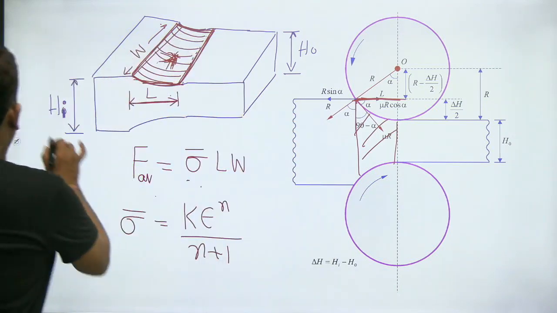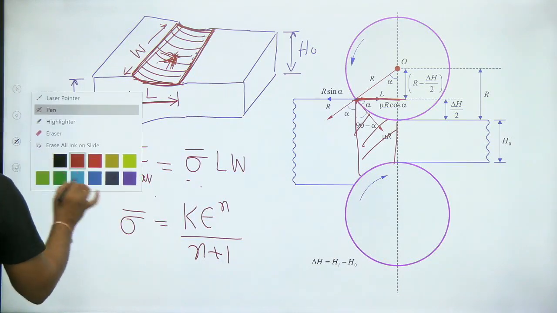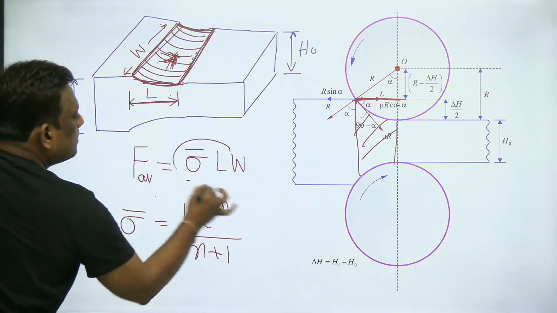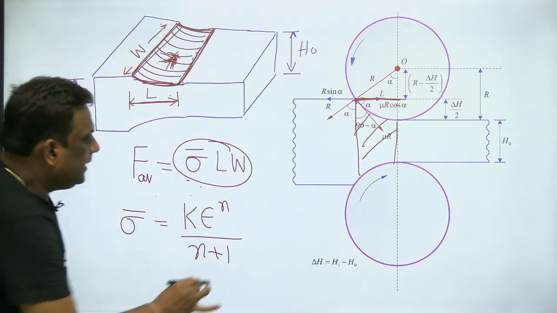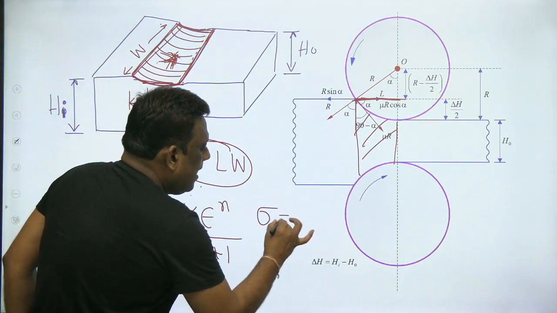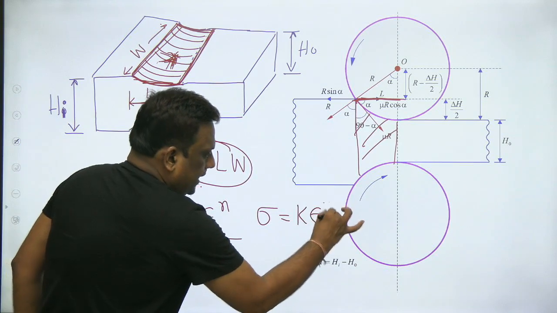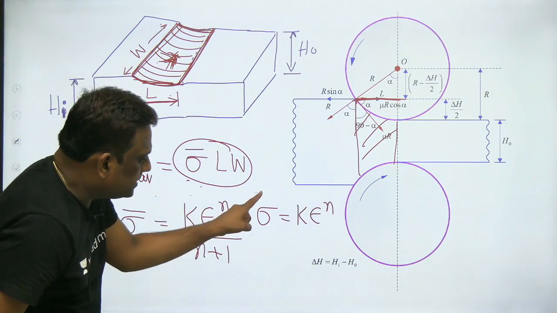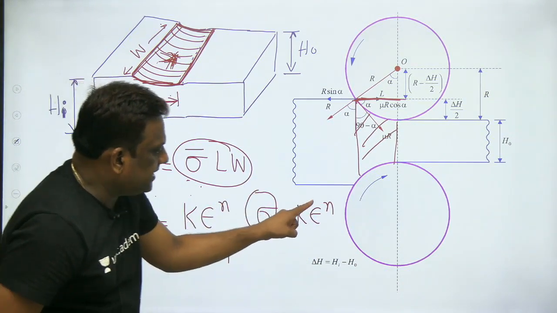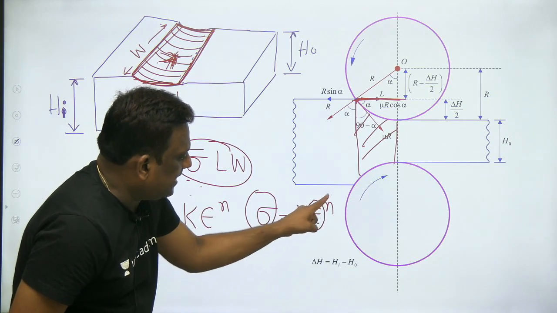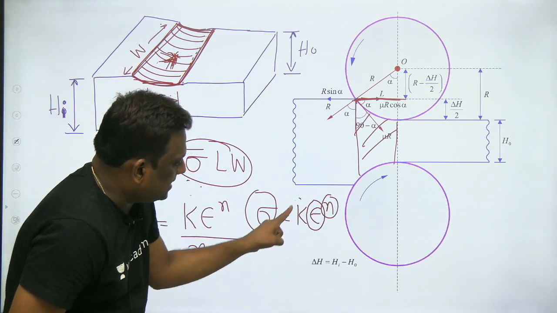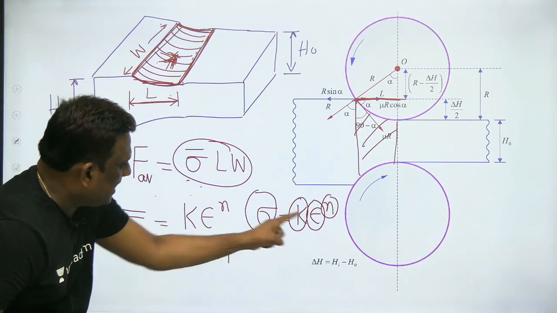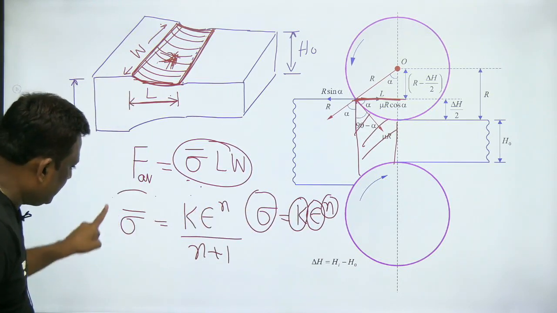अब देखो बेटे. So now understand carefully. Okay. So this is sigma. तो फिर से बता रहा हूं. In examination, if sigma is given as K epsilon to the power N, this is the true stress, N is the true strain hardening exponent and K the strength coefficient. इससे हम क्या calculate? From this I calculate sigma average.